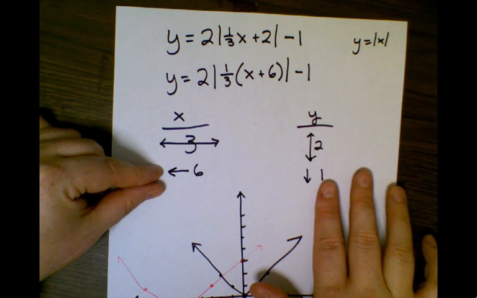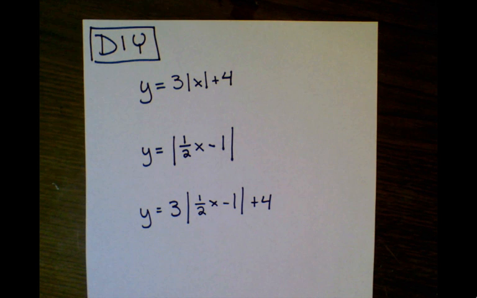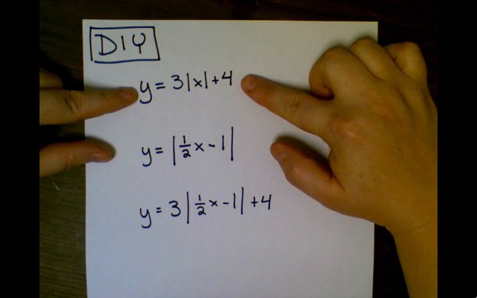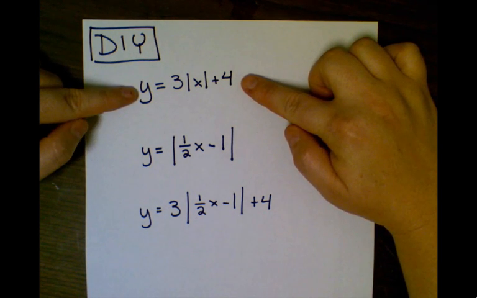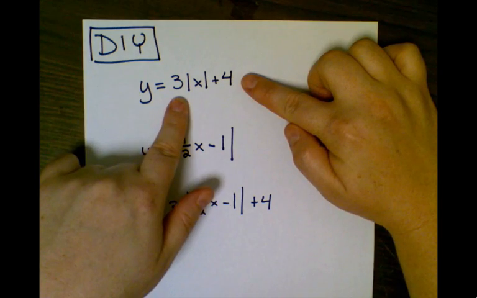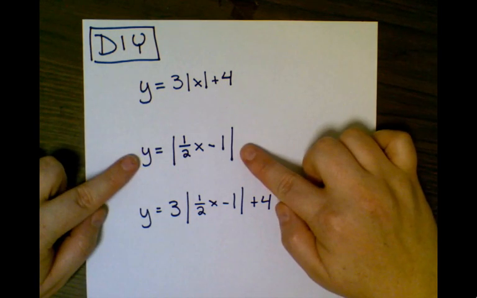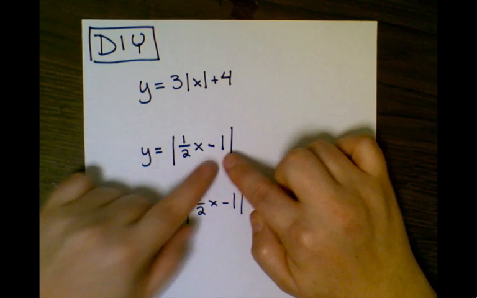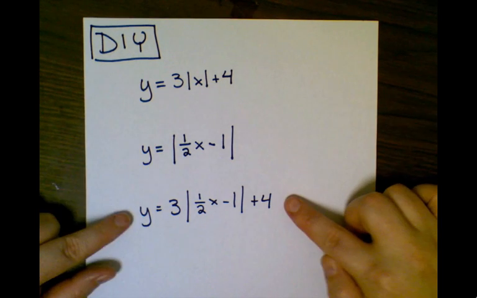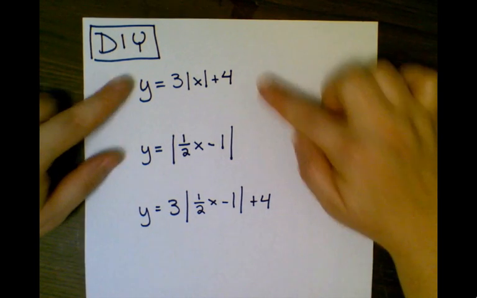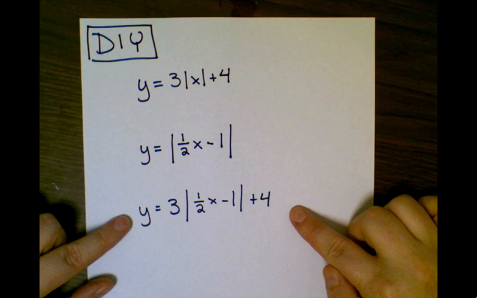your y transformations first. Now that you know the magic secret, I have 3 graphs for you to translate. So the first graph is, you've already done this, but just for giggles, I have a vertical stretch and a vertical translation. The second graph, I have a horizontal stretch and a horizontal translation. And the third graph combines the translations of the first 2 graphs into one glorious mess, which you will hopefully